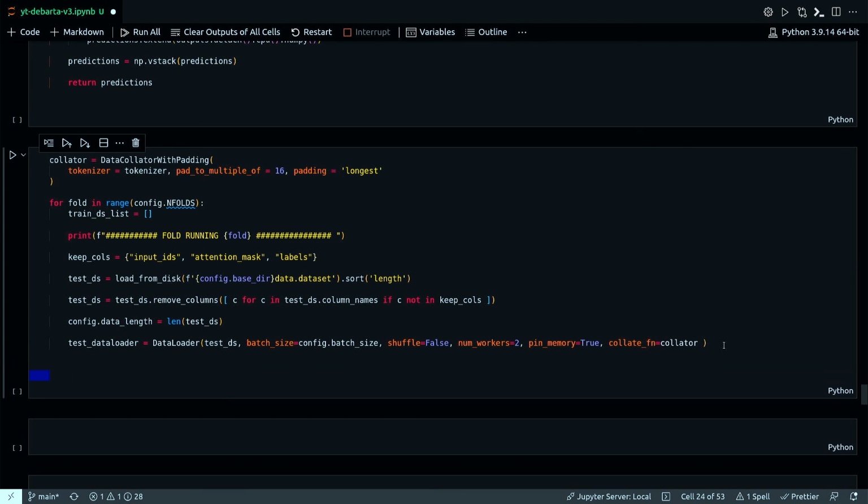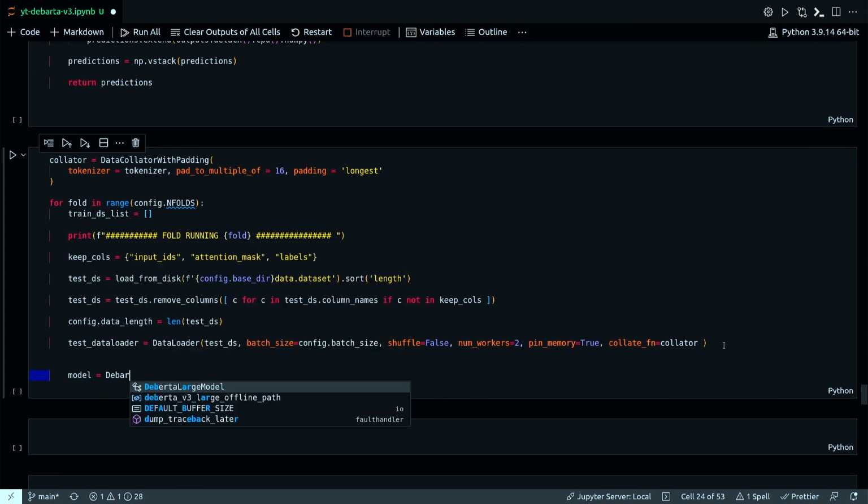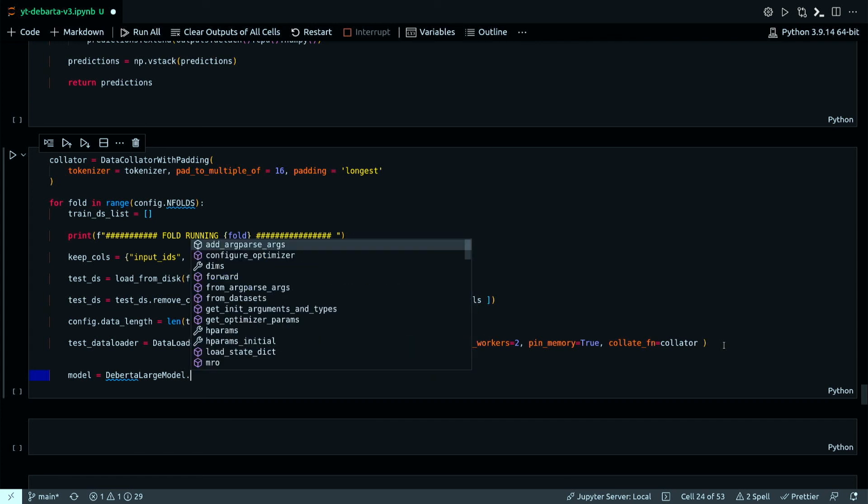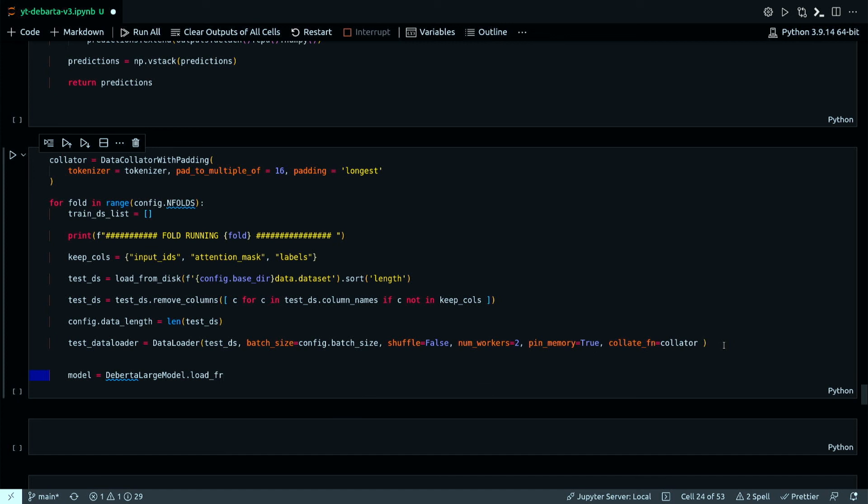Okay, that's my test data loader, and now model. And I'm loading from the checkpoint. We already imported some of the pre-trained model and dataset, so that's what I'm going to use now. This was saved in the save dir that we defined in the config, so I need to get it from there.